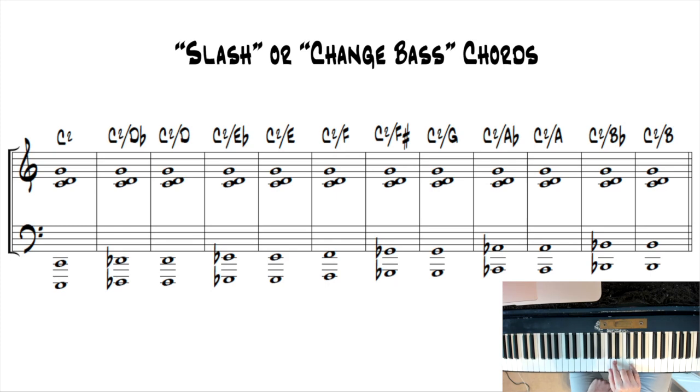Here we find what we call slash chords, and I chose to use this 2 chord. And what the slash means is you can simply change out the bass, and what's on the right side of the slash is actually your bass note, which is played in the left hand. So C2 chord over E flat, over E, over F, over F sharp. You can see how it can take just a normal chord and really